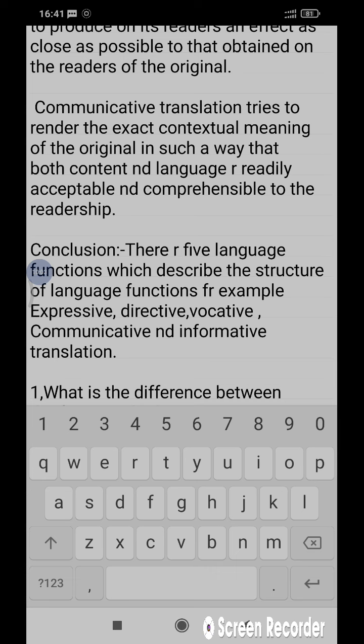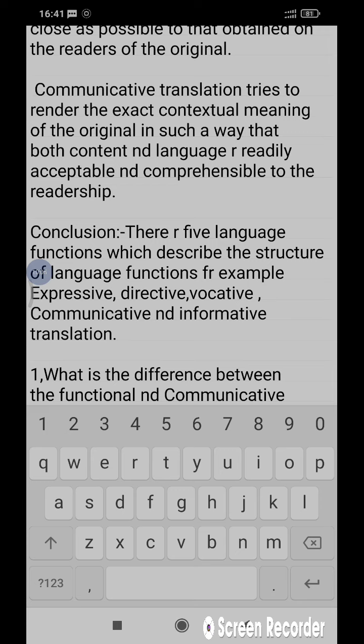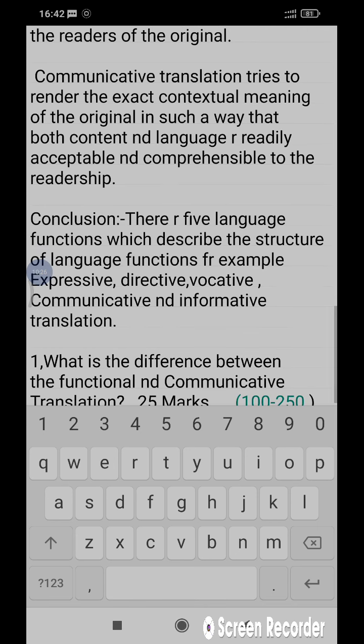So there are so many types of translations which are very helpful to translate from one language to another, and this can be textual, communicative, informative, vocative, directive, expressive, as well as functional, or it can also be a legal translation or a technical translation. So there are so many types of translation, and I have discussed with you only five types of translations,